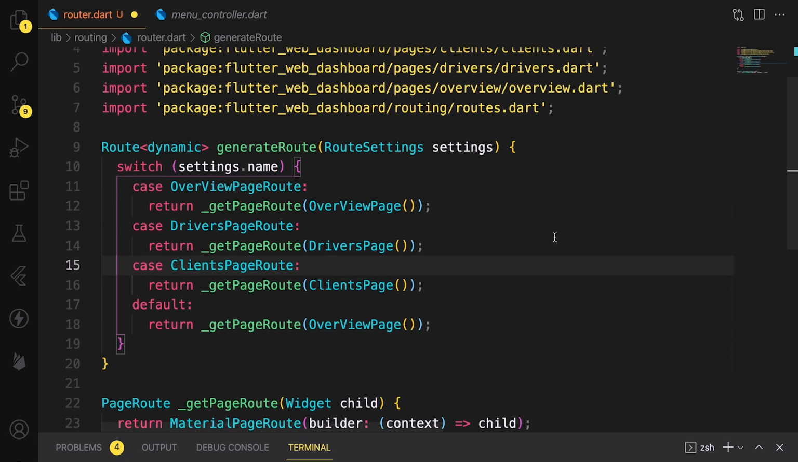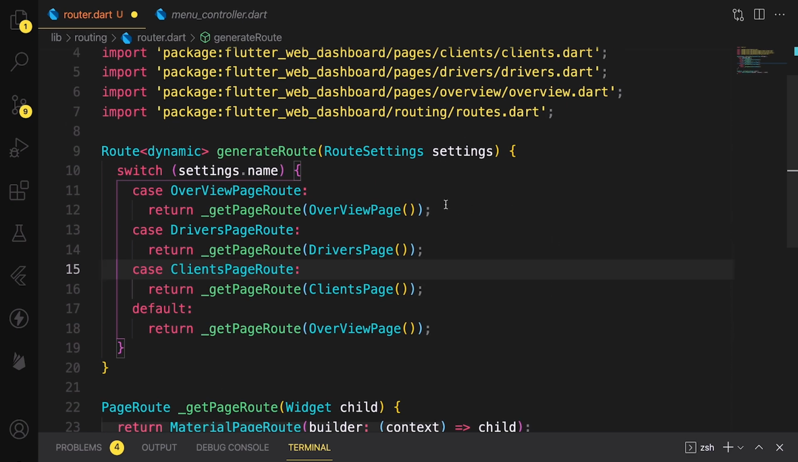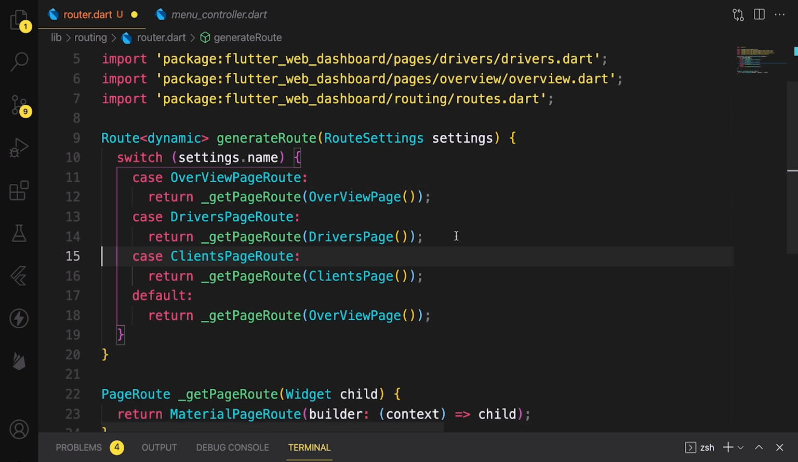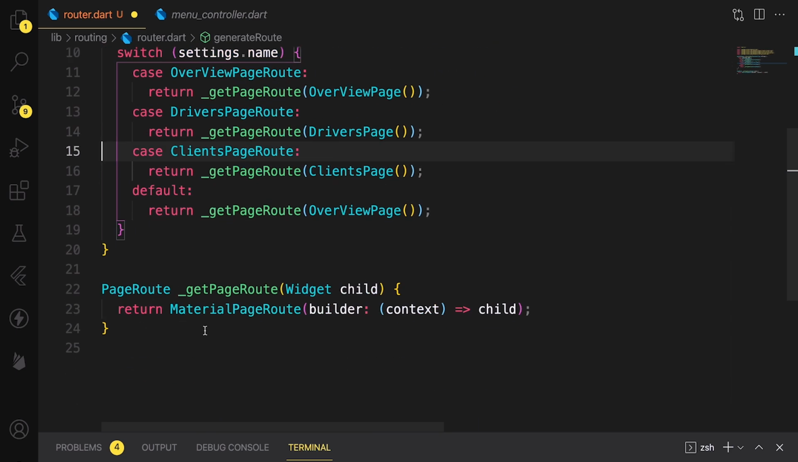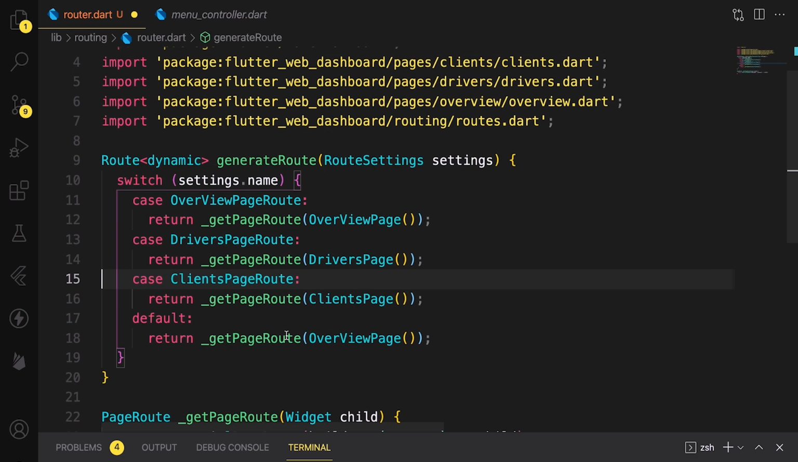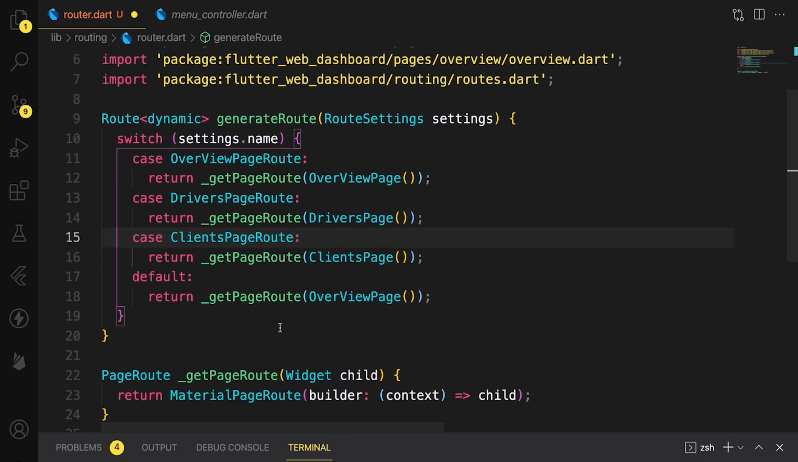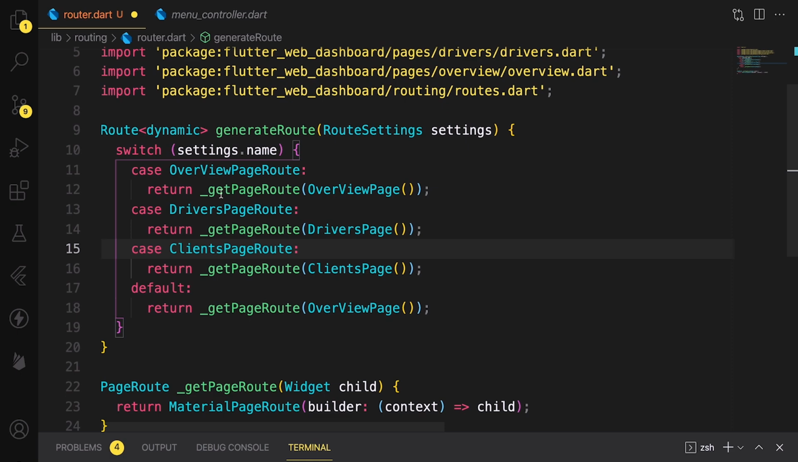So here we have the method, and again the generate route, it's going to take the route settings, and from the route settings we are going to get the route name, right? And if it's the overview page route, we are going to return the overview page, and we are going to use material page route to do that, right? So this is basically what this function is going to do. Now we just have to